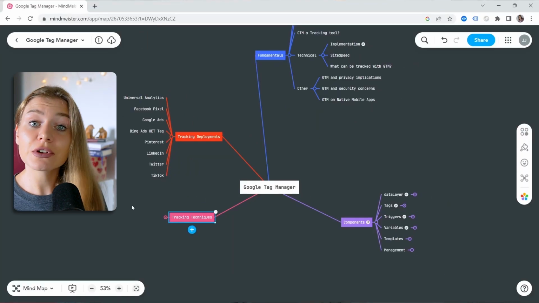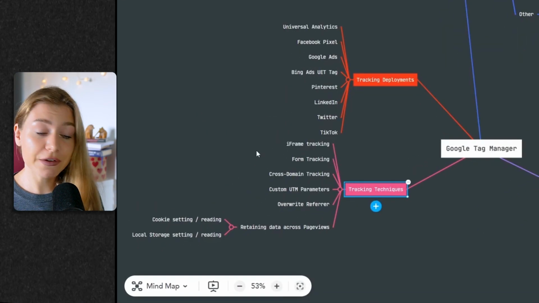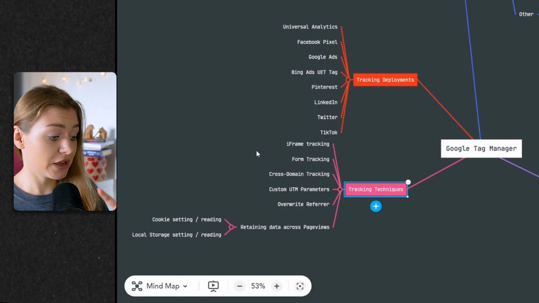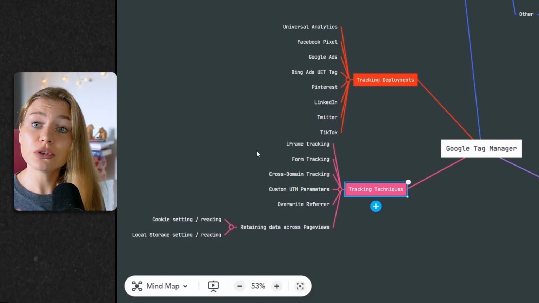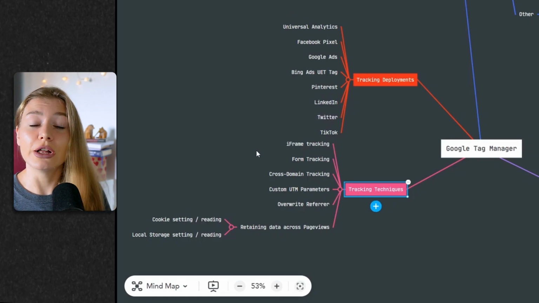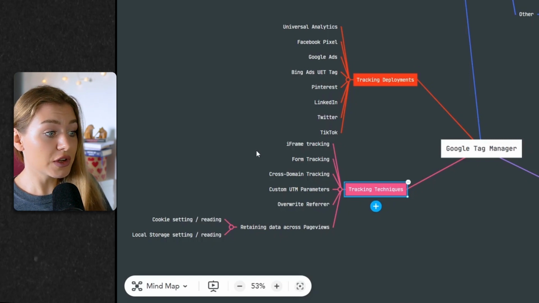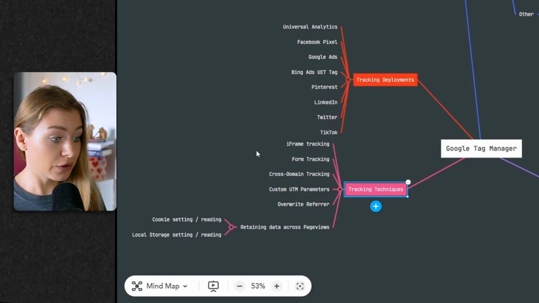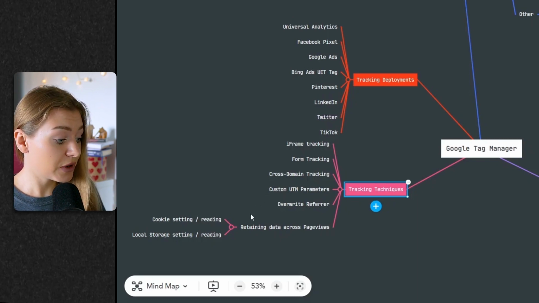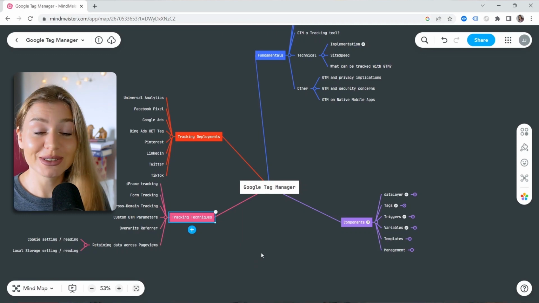There are also different tracking techniques that you can utilize. For example, iframe tracking. So this is something a bit more complex. Form tracking, cross-domain tracking, custom UTM parameters, overriding the referrer. So you can do a lot to manipulate your data. And also there is the whole concept around cookies and how you will be setting cookies. And this is a separate section here. So if you want to learn more about Google Tag Manager,